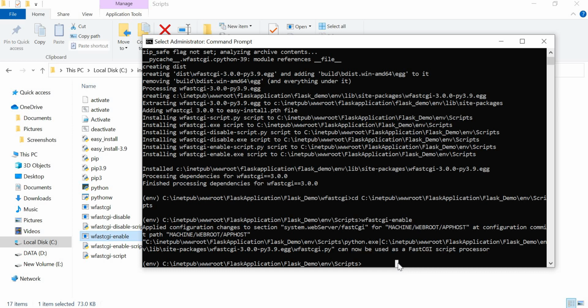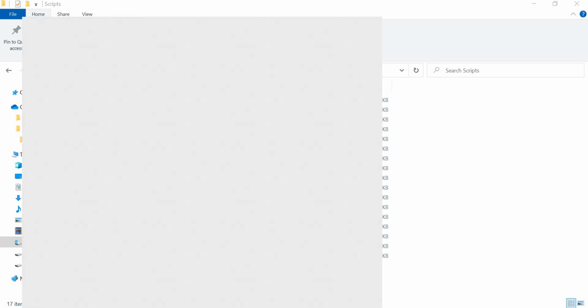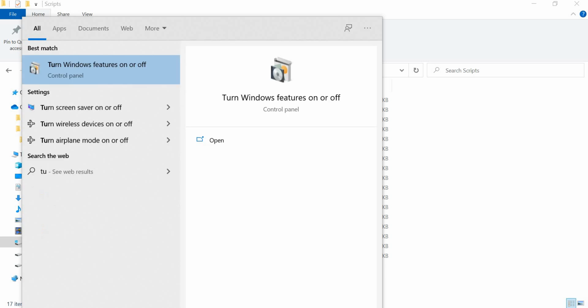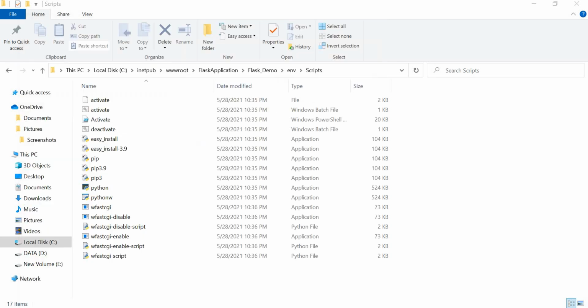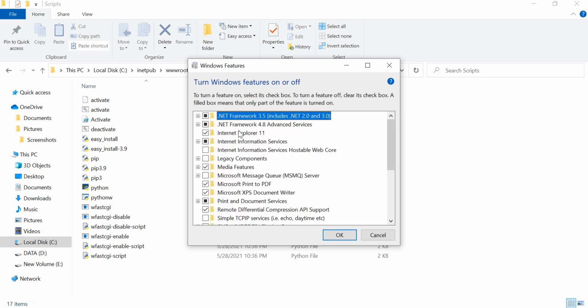Okay, now the next step is go to your Start menu and type Turn Windows features on or off, right? Here one window will pop up. You need to go to Internet Information Services.